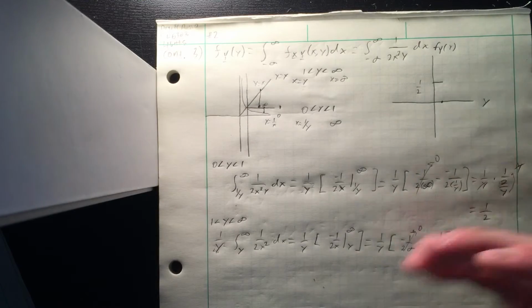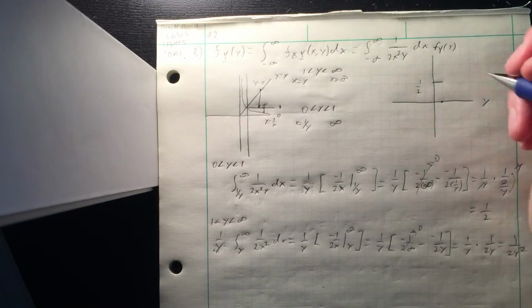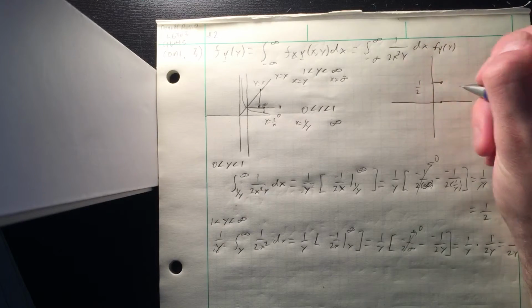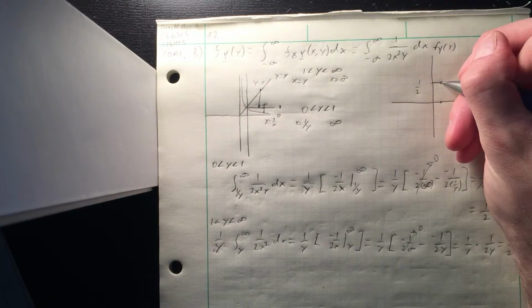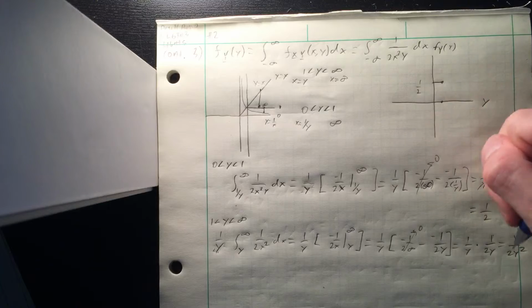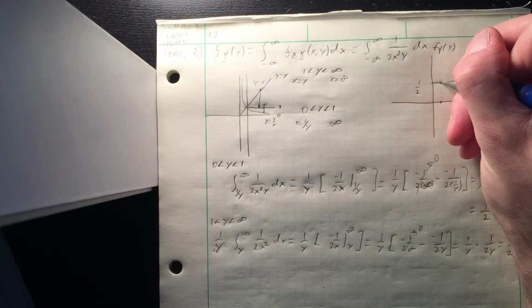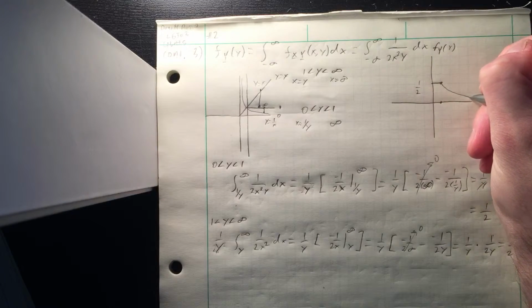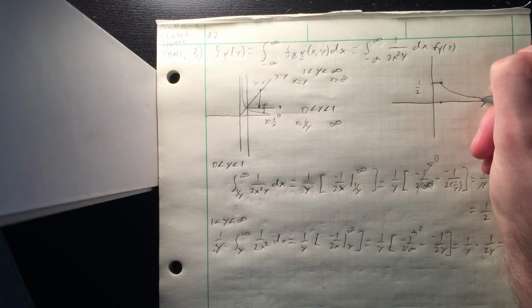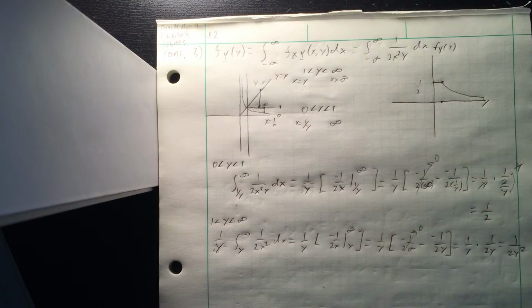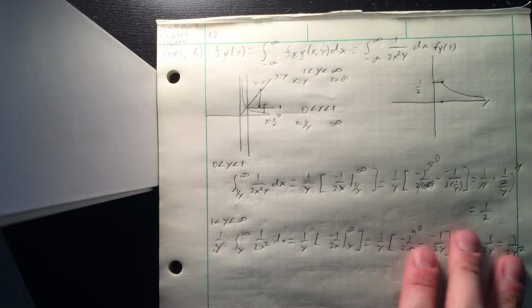leaving us with 1 over 2y squared, which luckily is a decreasing function, which is a good check to know if this seems correct, because at 1 it's just equal to 1/2. So no discontinuity or anything weird like that. That'll be a decreasing function. So now that's our